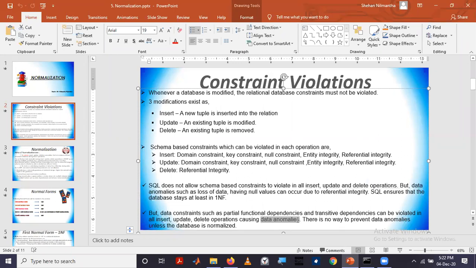If the data constraints or any other schema-based constraint is violated, it will cause a data anomaly. As I have given here, there is no way to prevent data anomalies in SQL. The way of preventing data anomalies is using the concept of normalization.